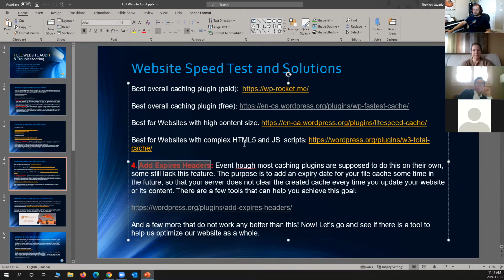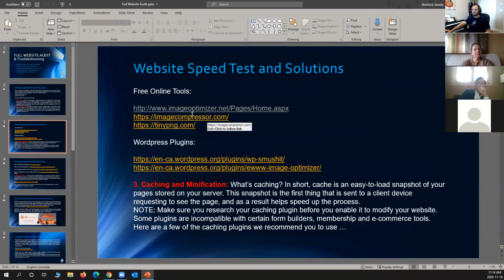Now, let's make your life a little easier. Sherlock, do I need to use all of these tools? It's difficult. Yes, because I, as a web developer, use the tools for the specific purpose that I want. So I'm also old fashioned. If I want to take a photo, I take a camera. I don't take a smartphone. If I want to record a video, I take a camcorder and I record it. This is the same approach that a web developer takes. But you're like, but I just want to have that smartphone that does everything for me. Can I just have that to maintain my website?